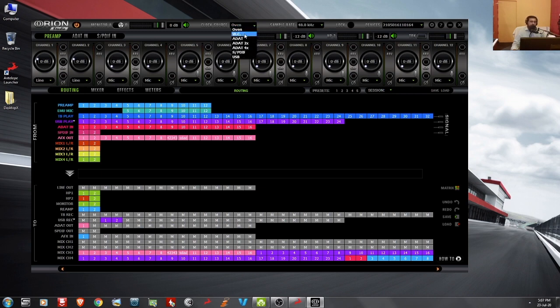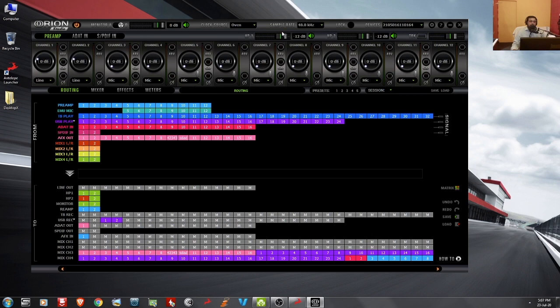So if you are receiving clocks from other devices through ADAT, you can select this ADAT option. If you are using higher sample rate, then the SMUX option will be used. So you have to select the respective 2x or 4x depending upon your sample rate, and you can also receive the clock from SPDIF ports. Then we have the USB option. So by default it will show oven.